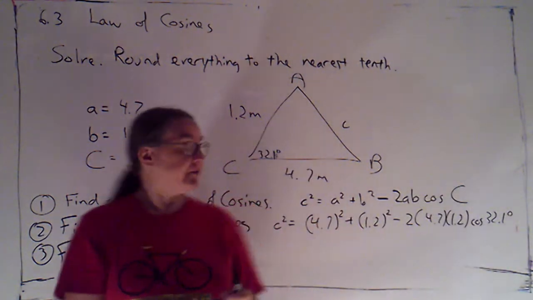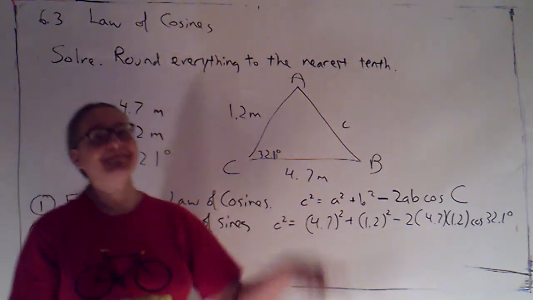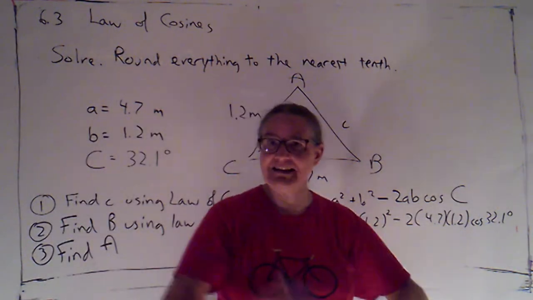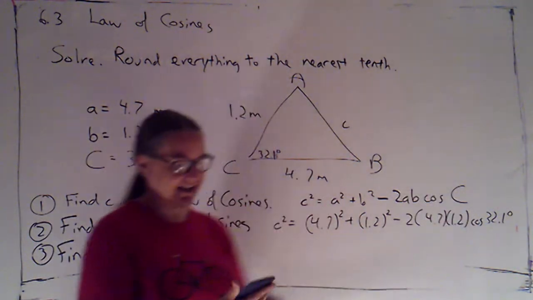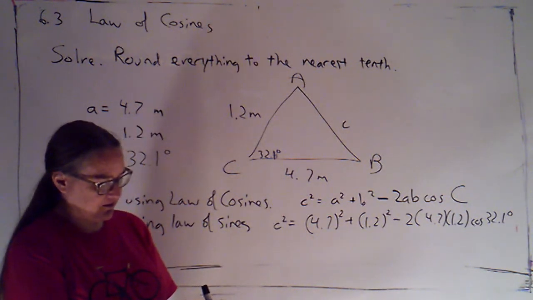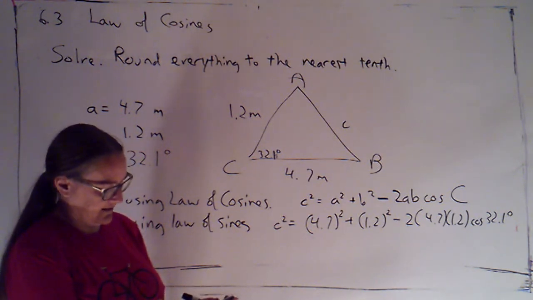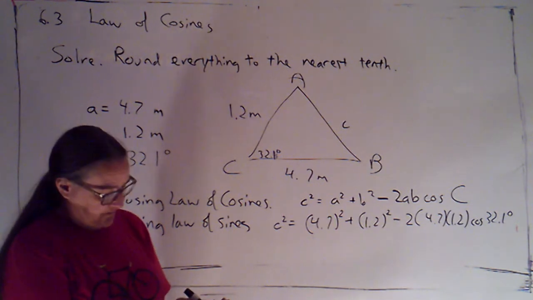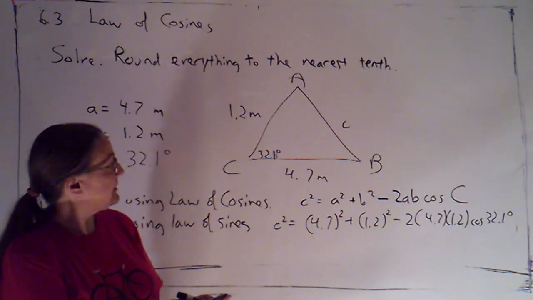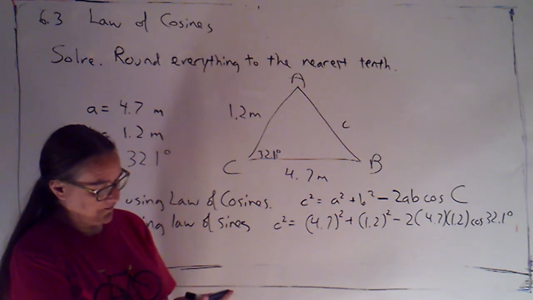Now, I was careful to continue writing that was C squared. I'm going to solve for that, then I'm going to have to take the square root. Okay, could have written that initially, but I think it's easier to just plug this in, get that answer, and then take the square root of that. All right, so 4.7 squared plus 1.2 squared minus 2 times 4.7 times 1.2 times cosine of